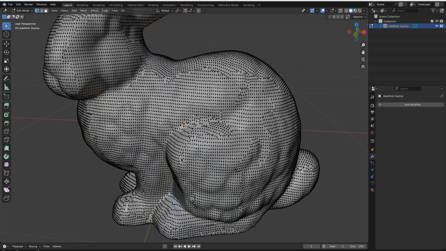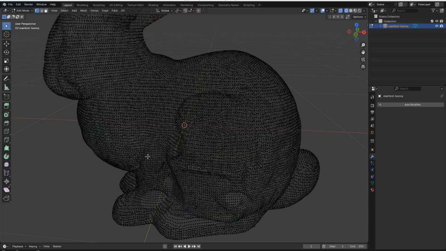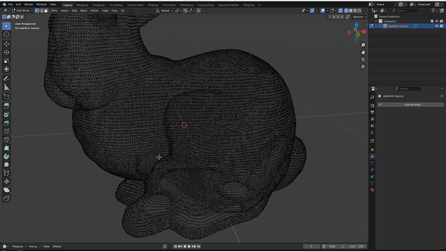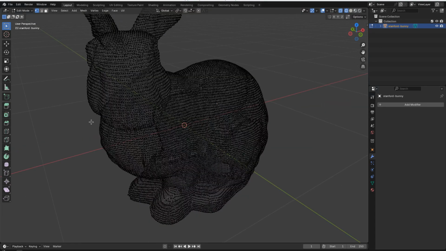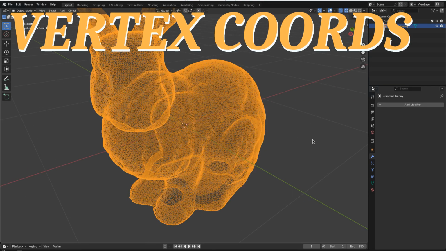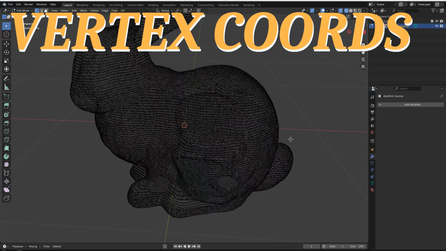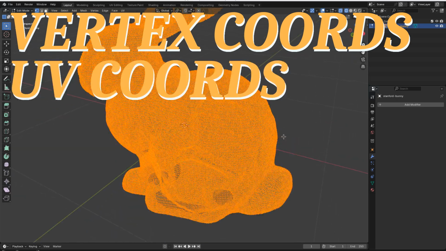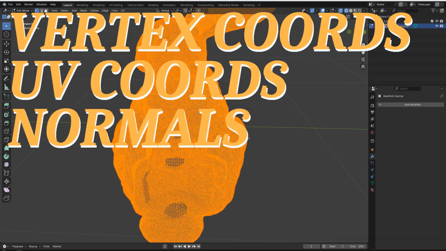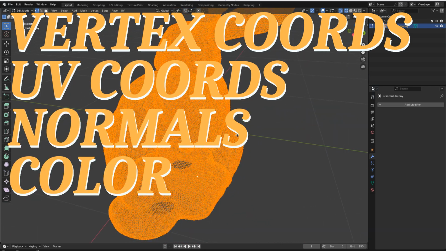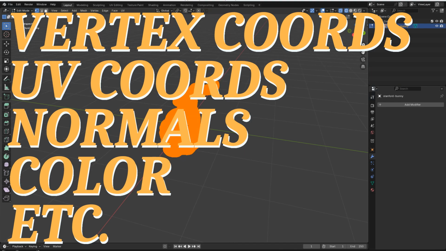Vertex data. If we look at a model in Blender, we can see it's composed of corners, aka vertices, the edges connecting them, and the faces between them. Vertex data at the bare minimum is the 3D position of the vertices, but it also usually contains one or more 2D texture coordinates created during UV unwrapping, its 3D normal, vertex color, and sometimes even vertex tangent and bitangent